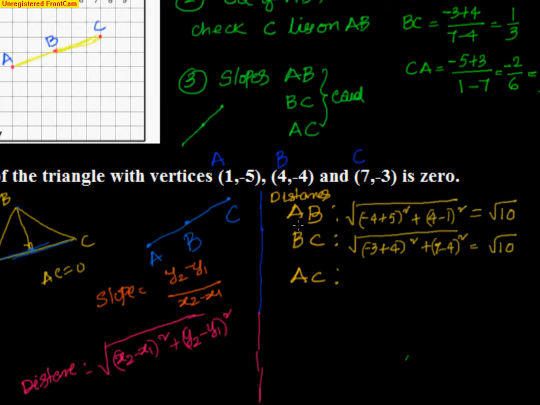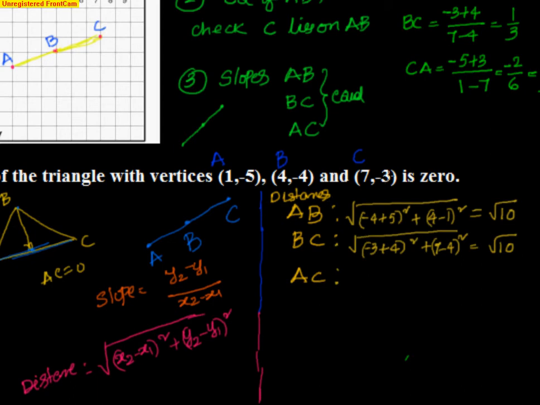Okay. Now let's see what's the distance between AC. Now here you know the points, that's why you have graphed, so you are calculating AB, BC, AC. If you have been given randomly 3 points, you will see that one of the set of distance between 2 points is equal to the remaining 2. Here we have graphed it, that's why we are very clear that AB plus BC equal to AC. That's why we are going ahead with it.